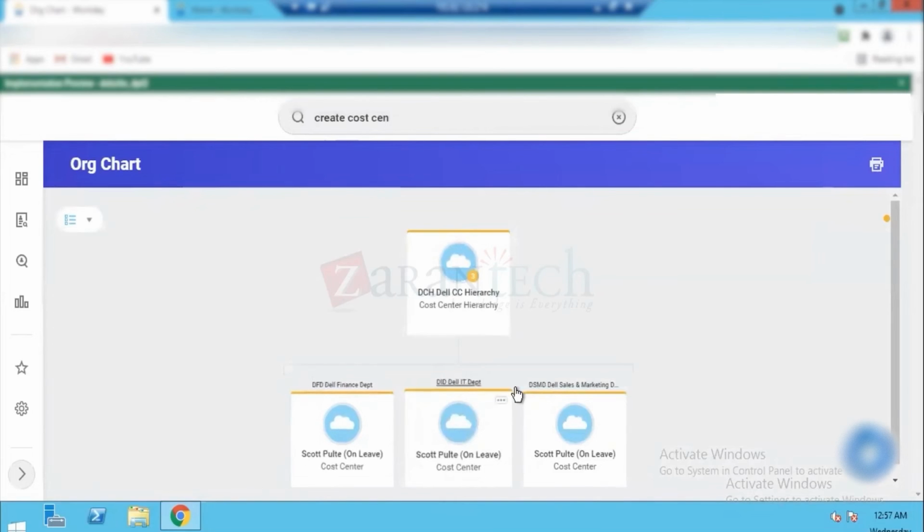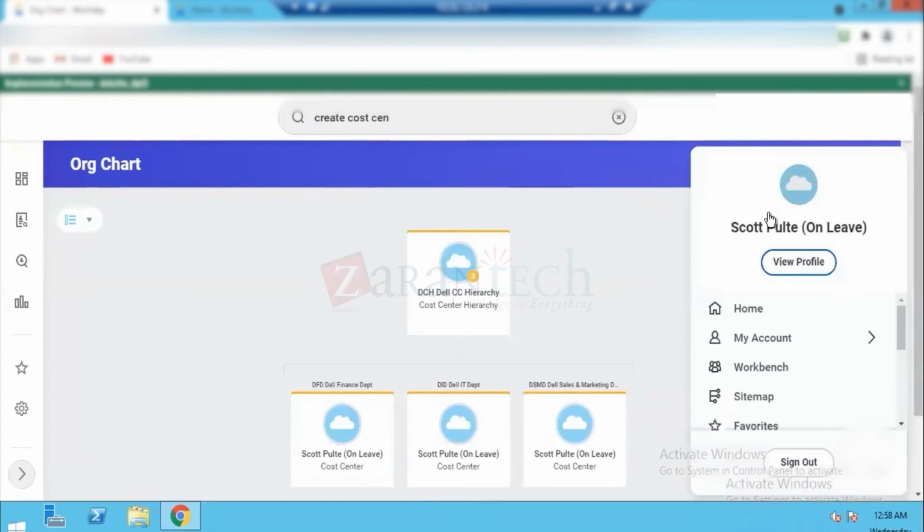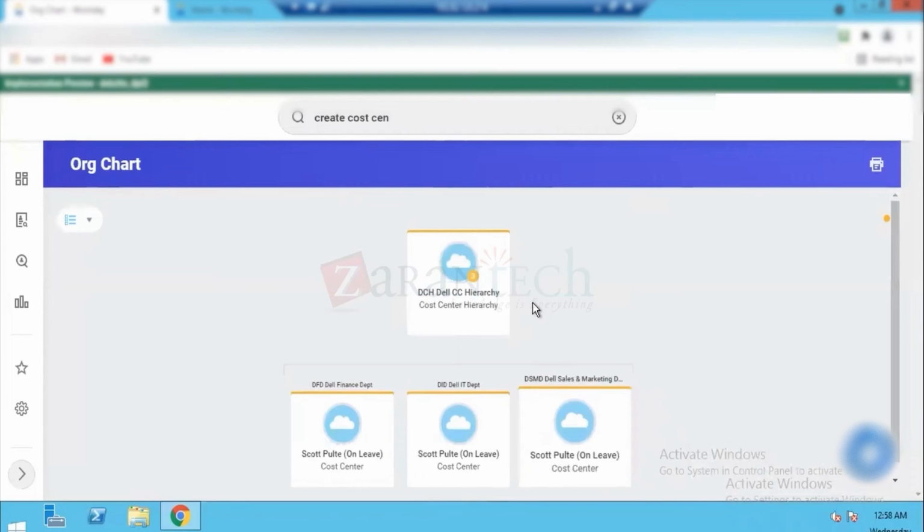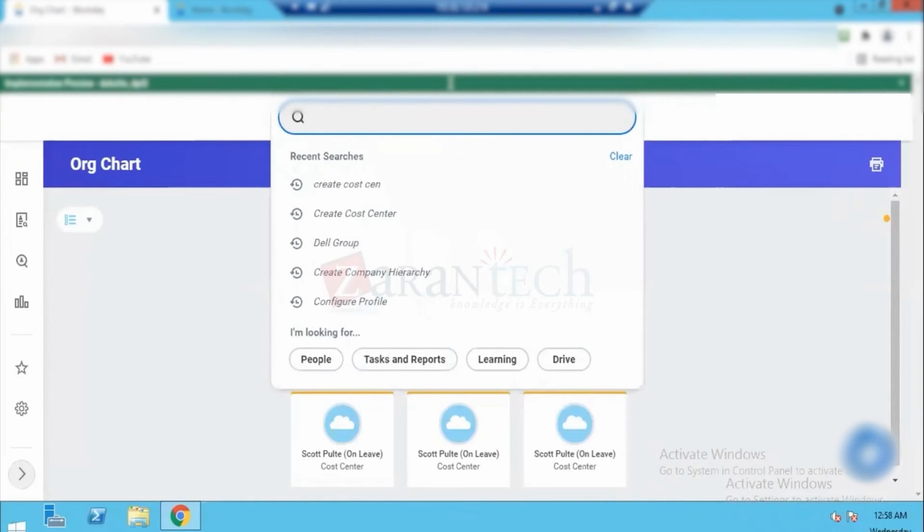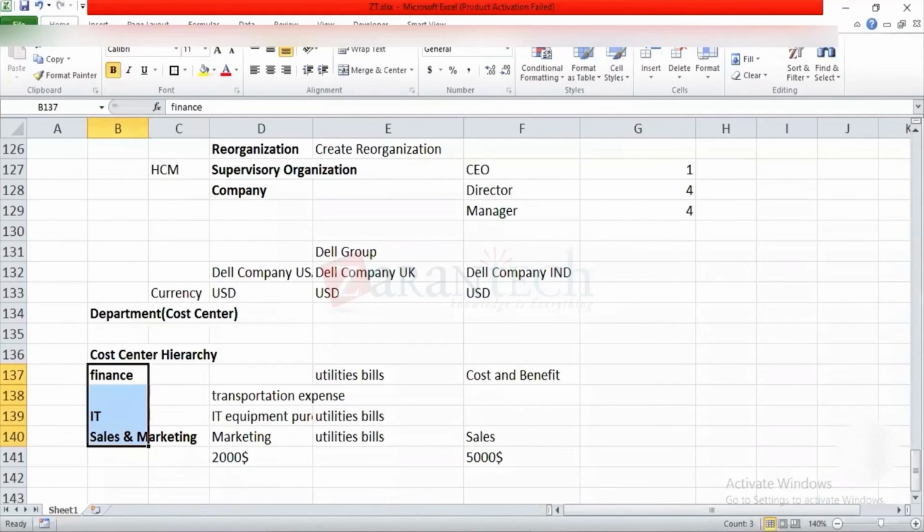You can see at the top the name is there. The person who is authorized right now is Scott, because I'm logged in as Scott. So this is what the hierarchy looks like. But the point is that we have created our hierarchy. Now I'm going to go back to my